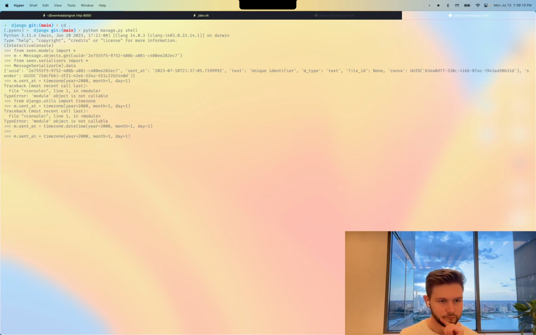From django.utils import timezone. This is not callable. Or maybe we add a datetime in between, and then we print the data out again. Aha! See? This is exactly what I'm talking about. There's no milliseconds on the datetime object, so Django is a piece of shit and just returns it with no comma after it. And if we now save this,